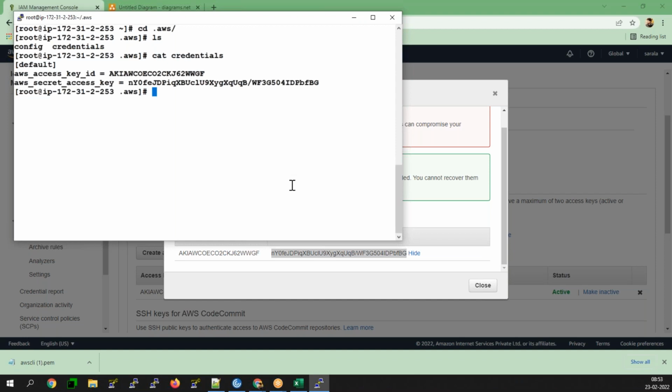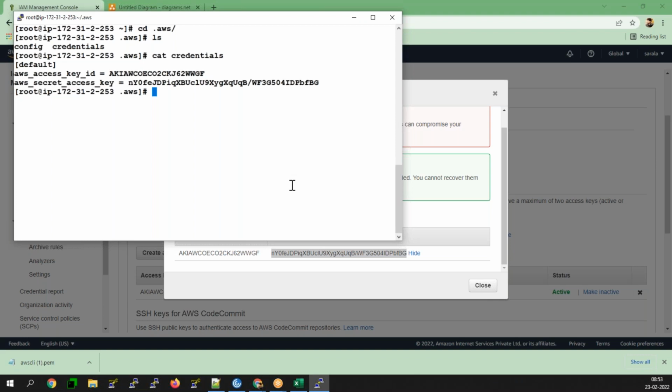Right? That is in a hidden directory. Is it recommendable to store my credentials in this hidden directory? Suppose someone has access to this EC2 instance, and suppose he is able to get access to the other resources using these credentials. This is not recommendable. This is a security threat. Now, what is the best possible way to access your resources?